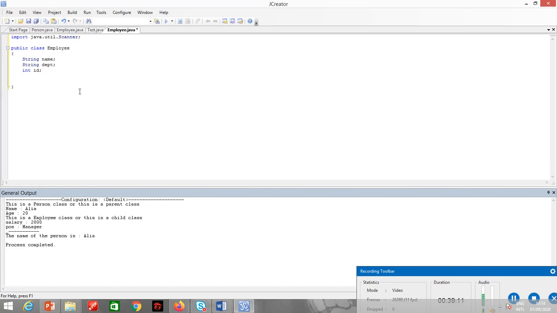Alright, so now we need to have a method, public void read. And what do I need to do? I need to read the values of name, department, and ID. Alright, so Scanner s is equals to new Scanner, System.in, System.out.println, enter your name.